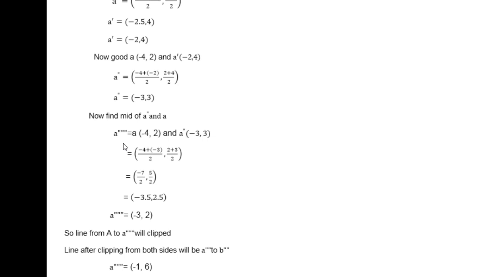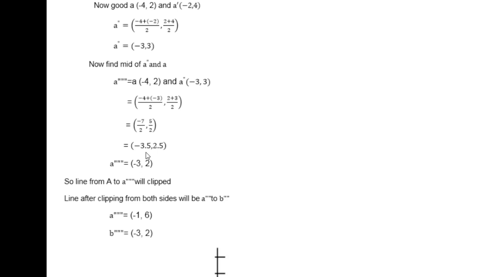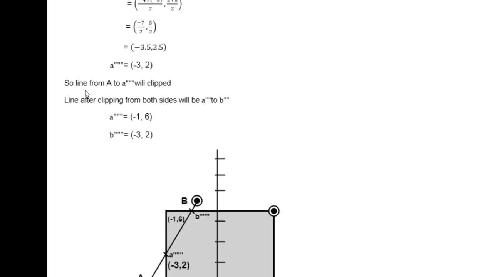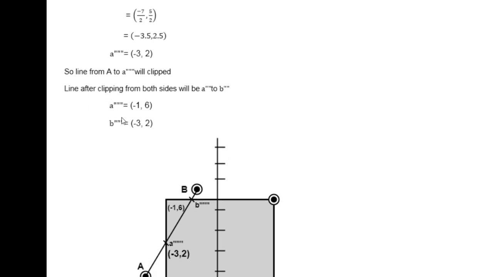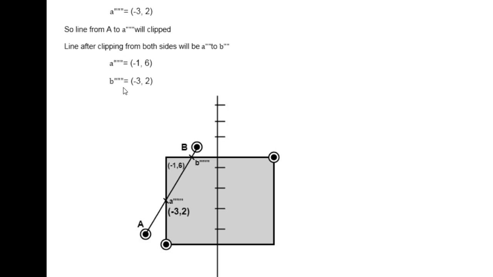Now we find the midpoint of A double dash and A. That is supposed to be on the coordinate minus 3 comma 2. So the line from A to A double dash will be clipped. Line after clipping from both sides will be A double dash to B double dash. Hence A triple dash equals to minus 1 comma 6 and B triple dash equals to minus 3 comma